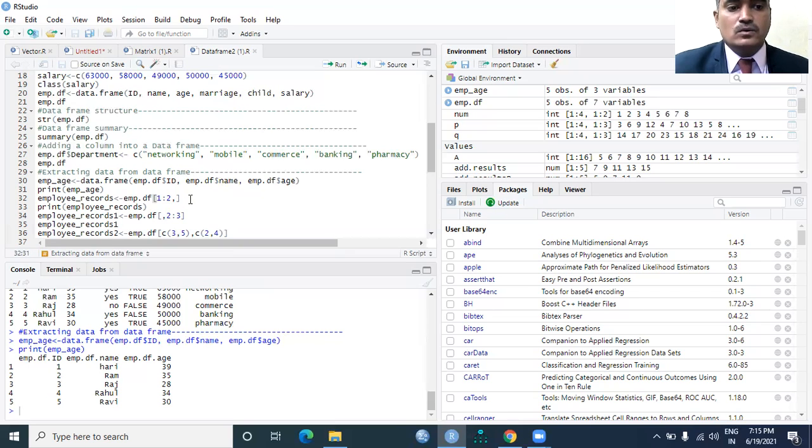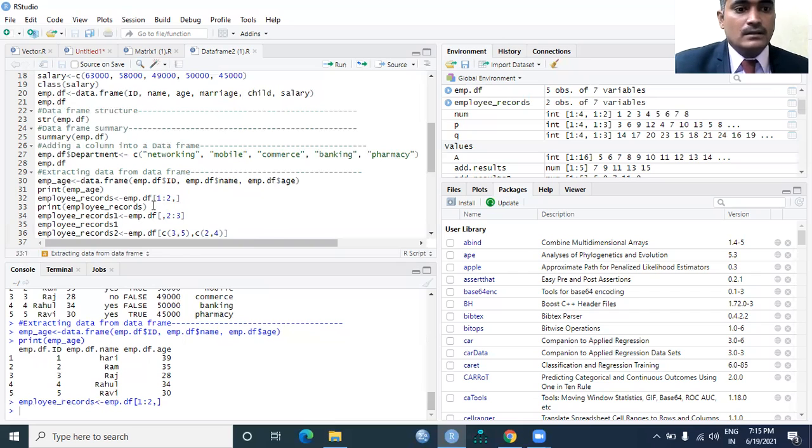I just want to see the first and second rows related information. Right? Just execute the code. So when you don't want any column related information, just put a comma, and explicitly print this particular record.